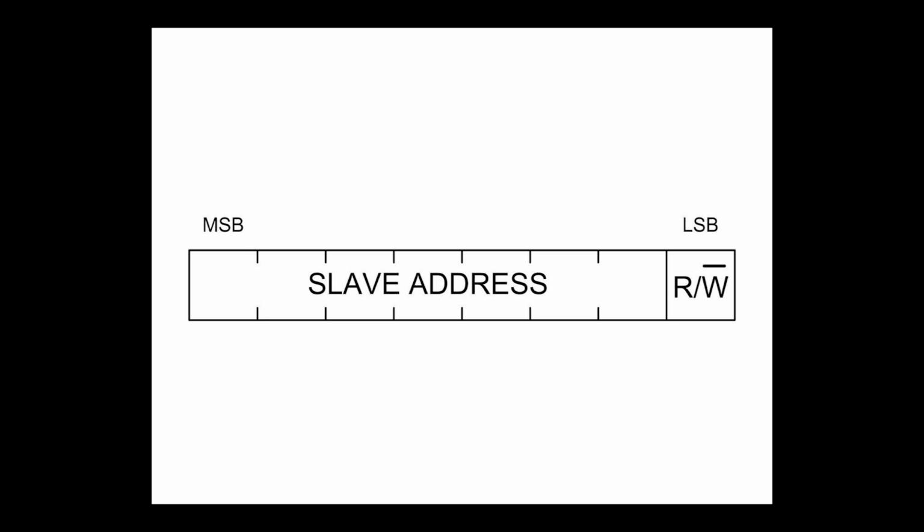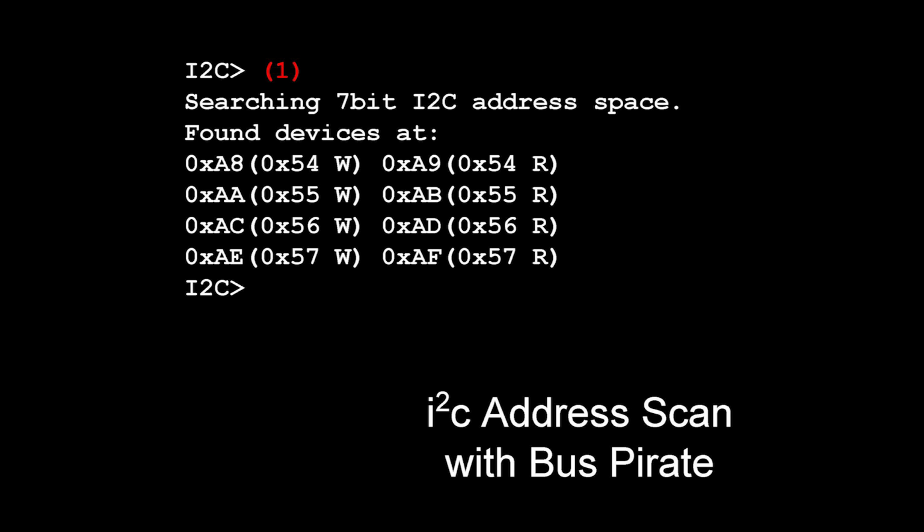When you want to initiate a communication with an I2C slave, you send a full byte. Even though each slave address is only 7 bits, you send a byte. The first 7 bits of that byte are the slave address. The last bit says whether you want to write to the slave or read from the slave. Some data sheets will show you the full byte that you need to send in order to write or read from a slave. Sometimes it'll just show the 7 bits, so you might see either. It's really handy that the Bus Pirate shows you both: the 0xA8 and also the 54. That's shifted by 1 bit or whatever. Sorry, I'm not explaining that super well,